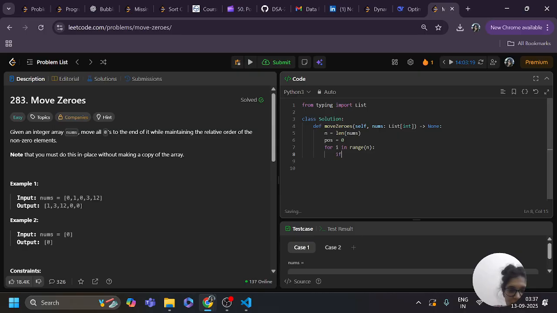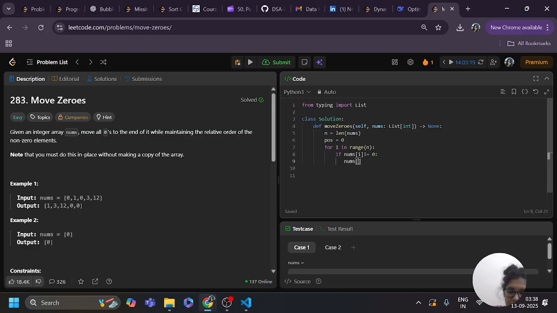And after that I need to apply the condition: if nums of i is not equal to 0, then I need to do the swap.